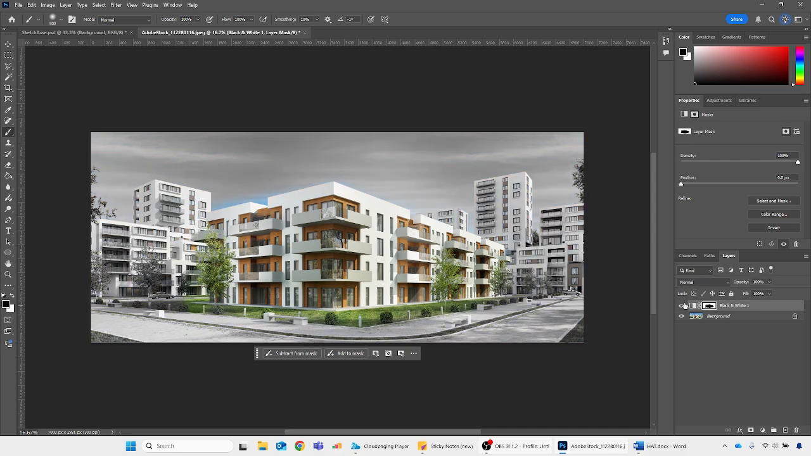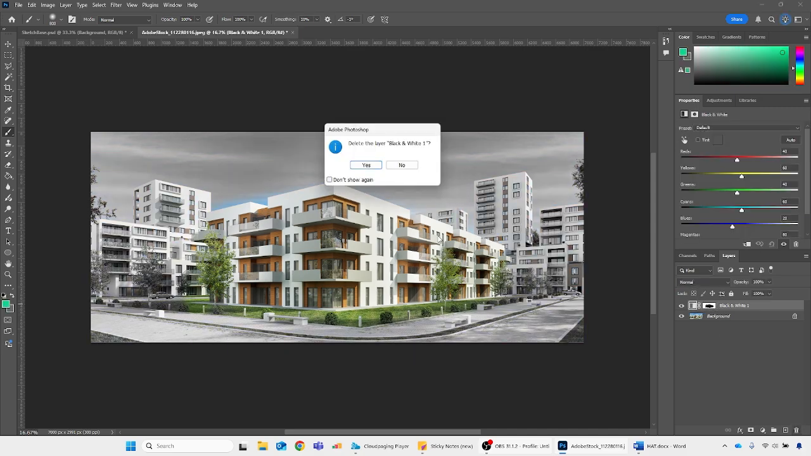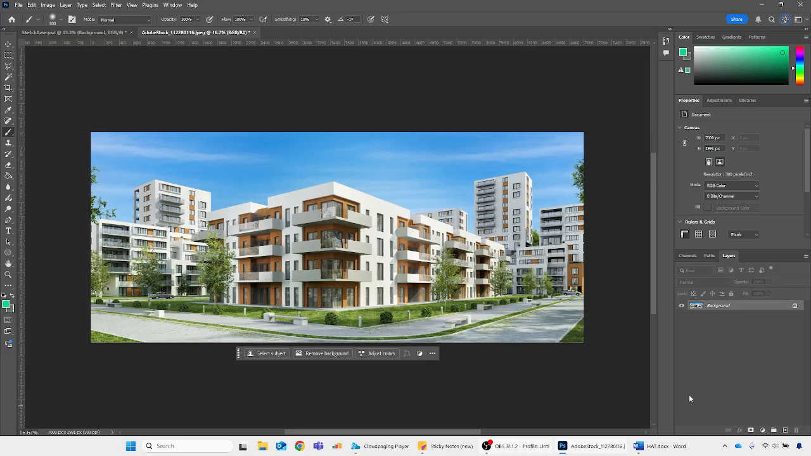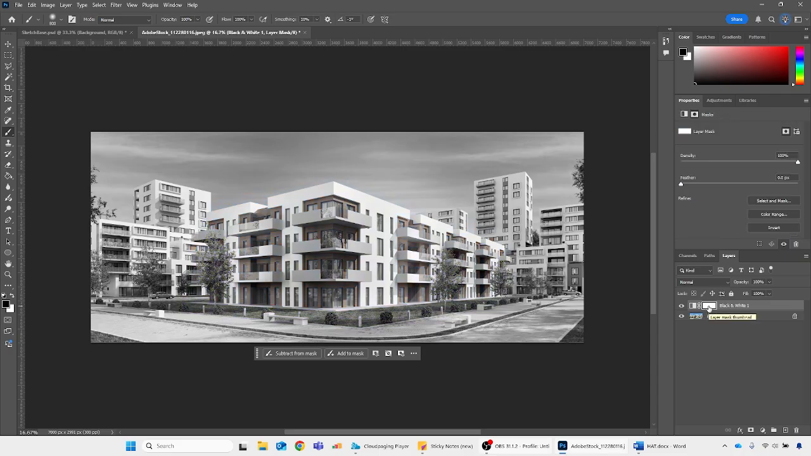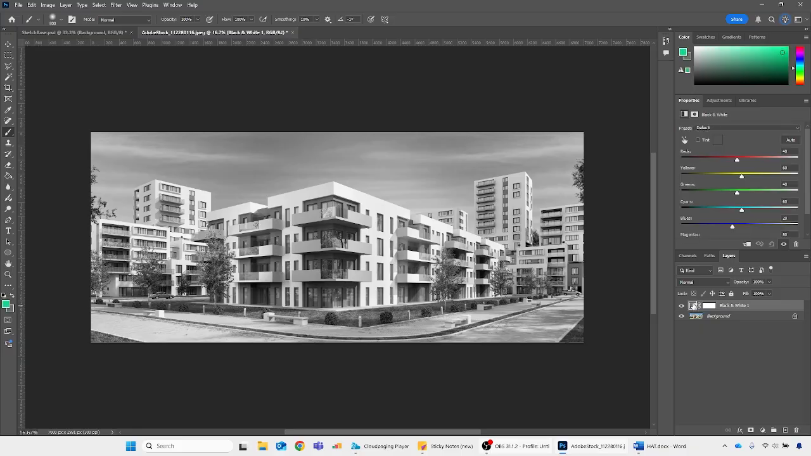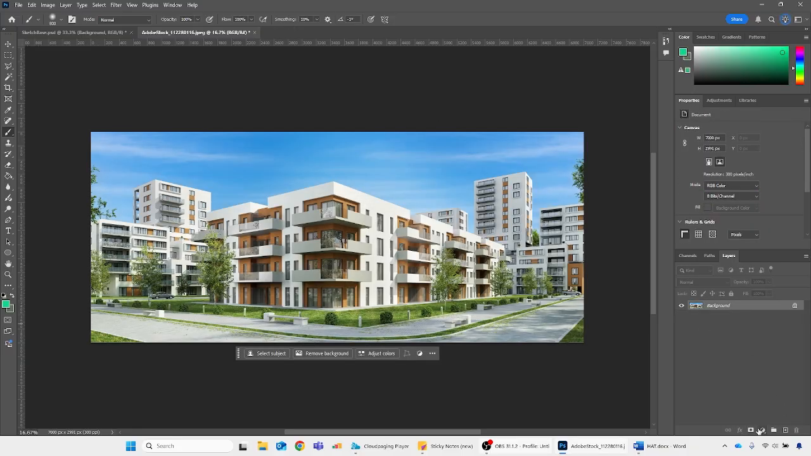And then you can also just delete the layer if you change your mind, or you can just turn it off. So you've got a lot of flexibility with adjustment layers, and you should definitely play around with these. So that's one way, just using a black and white adjustment layer. The second way